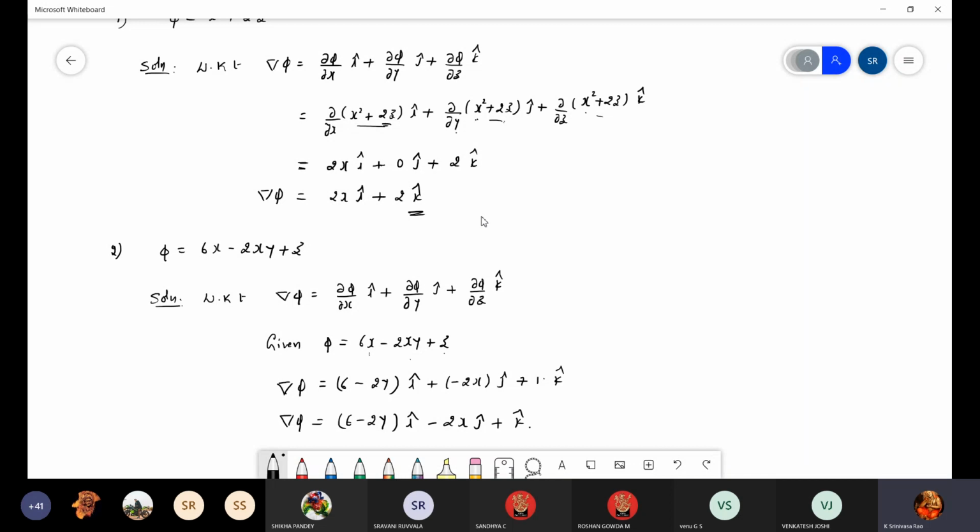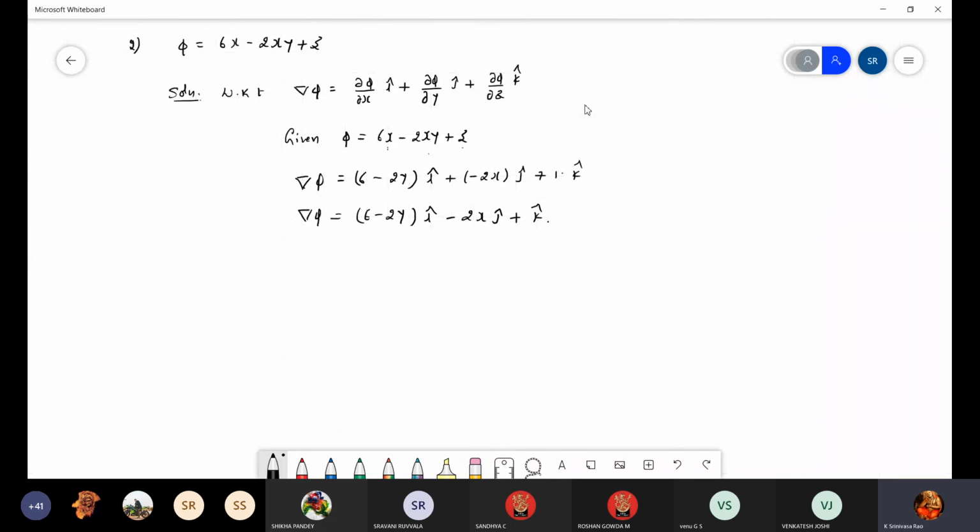So this is also another way of solving the problem. If it is simple, you can substitute like this for each term of dou by dou x, dou by dou y, dou by dou z and differentiate. Otherwise, write down what phi is and then differentiate. Which one is easy, that you can follow. But for some problems, they will give two surfaces, meaning two phi. In that case, it is better to substitute here and differentiate. So depending on the problem, you can change.